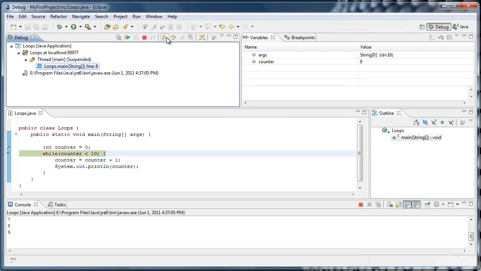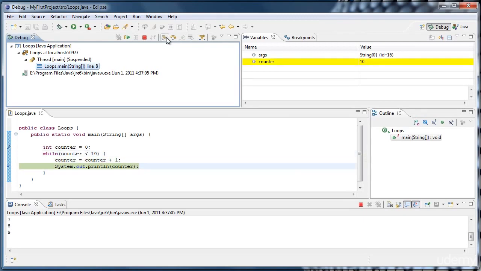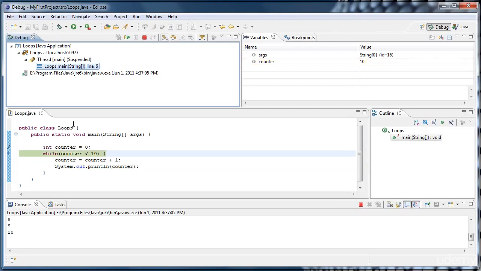5, 6, 7, 8, 9. And now on our last iteration, we'll print out counter. We'll go back up to while counter is less than 10. The current value of counter is 10. And if we click step into again, we'll see that it does not execute the loop body and our program